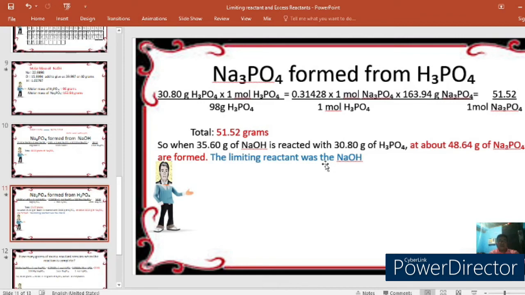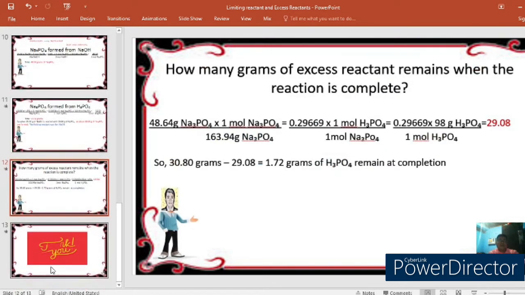Okay, since sodium hydroxide gives the smallest amount. Alright, so how many grams of excess reactant remains when the reaction is complete? This time we have to compute the excess reactant, the excess phosphoric acid. 48.64 grams sodium phosphate times 1 mole sodium phosphate divided by 163.94 grams of sodium phosphate,